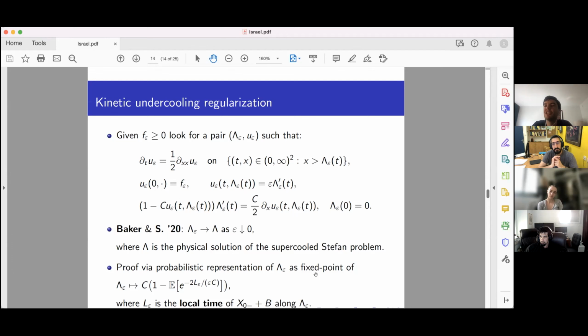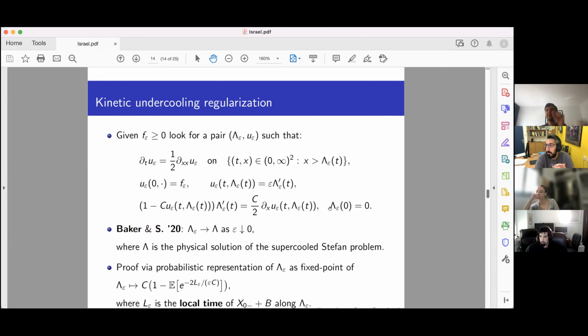Okay. Actually, what I said was not quite right. Thanks for bringing this up. So the exact process goes as follows. It will be reflecting on the boundary, as I was saying, but it will actually be absorbed when an exponential clock rings, and the parameter of that exponential clock is the local time you accumulate. So basically, whenever you hit the boundary, you make it more and more likely that you will be absorbed, and then eventually the particle will be absorbed.